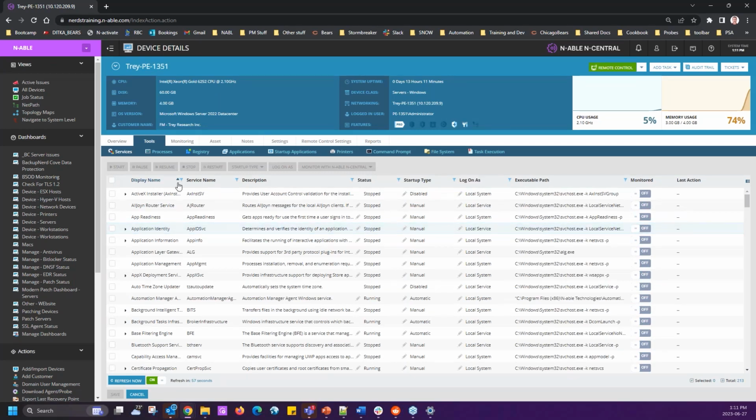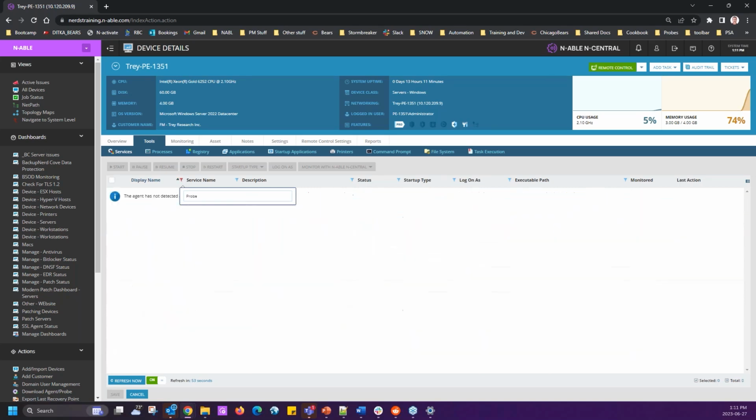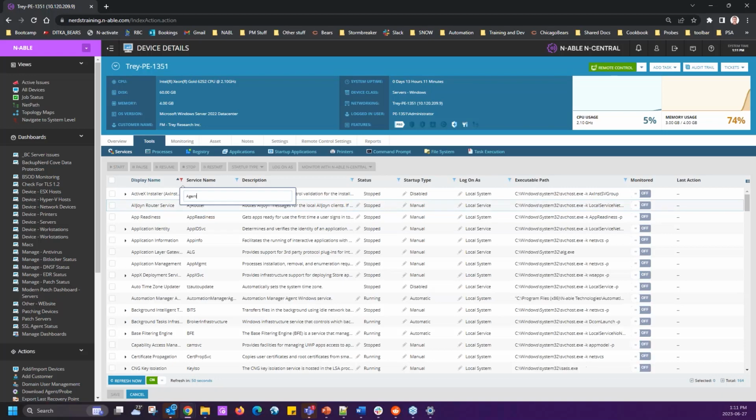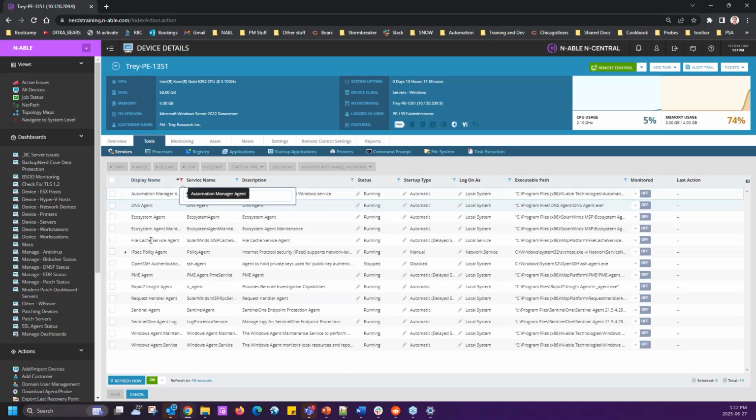So for example, what I can do here is now filter. I can literally say probe. I want to actually check the probe service. Now this device doesn't have a probe, so I can see it'll pull up all of the agents that are running on automation manager, right? So it's all there running in the background, and I can now start doing stuff to that,